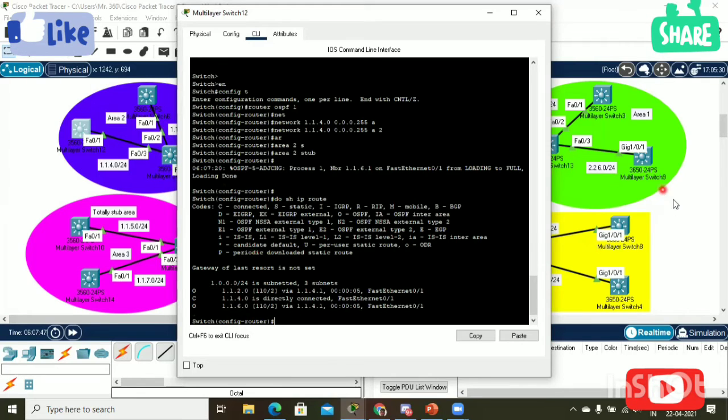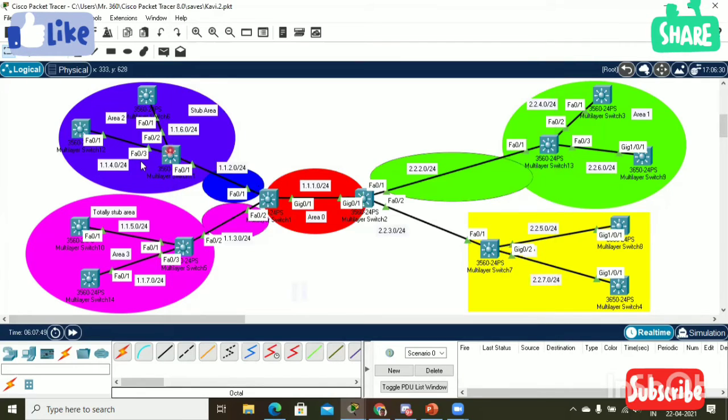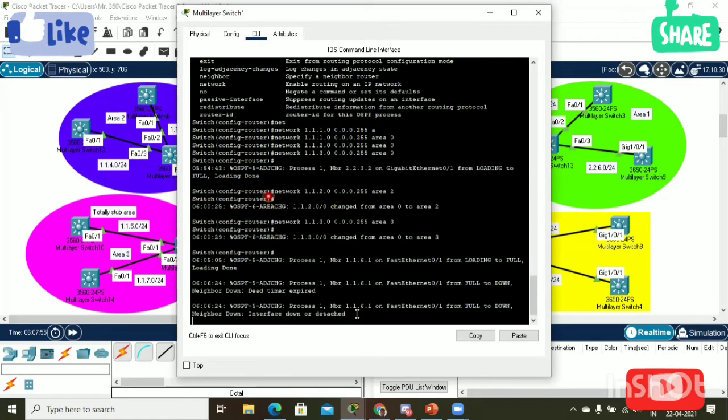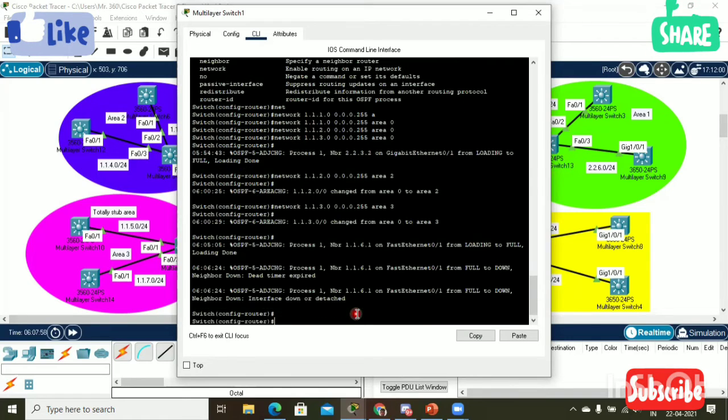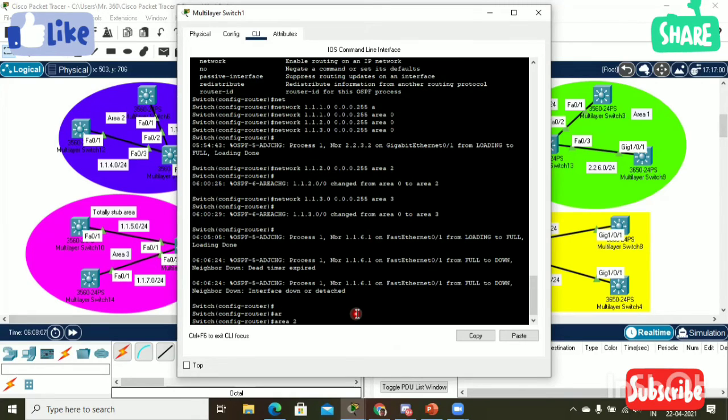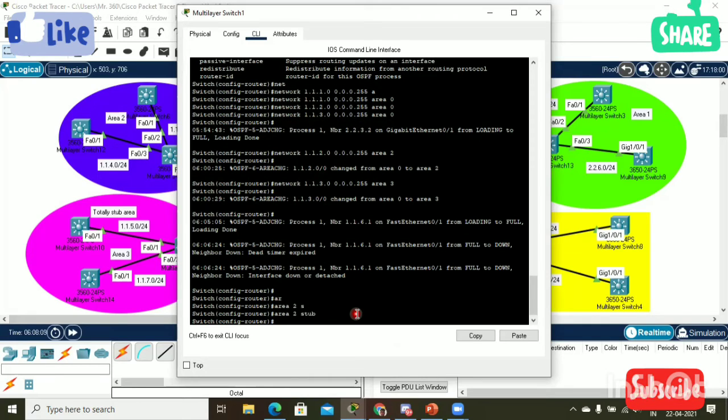Okay, now we have configured this area as a stub area. Now one command is left. I'm going to give the command on the area border router. This is the ABR. I'm going to give area ID 2 as stub. Okay, let's see what is going to happen.